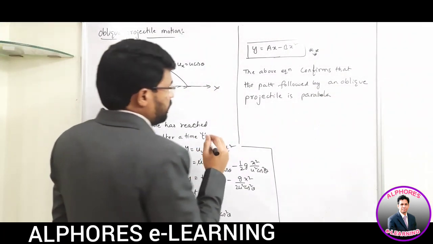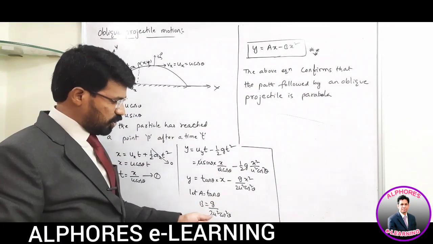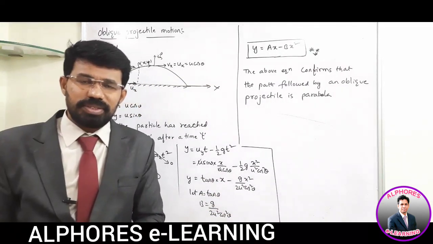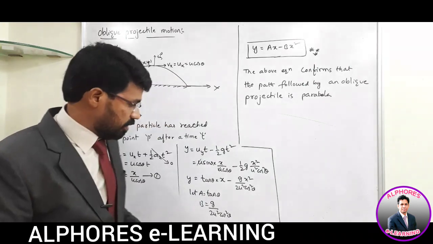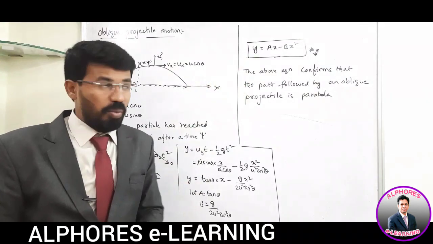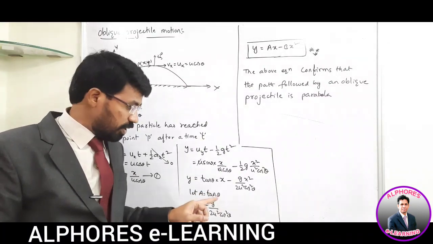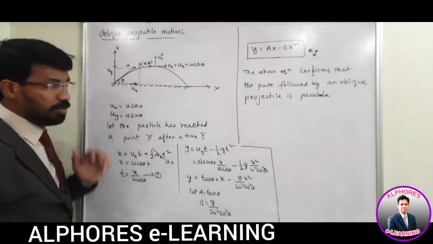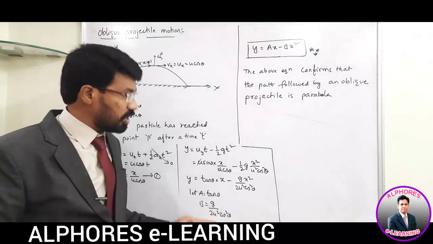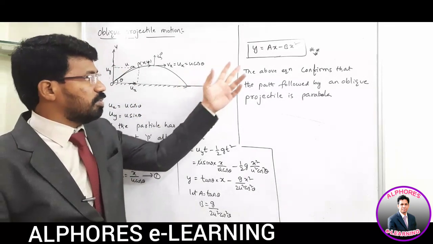Okay, what is this a here? You have to remember these things: a is equal to tan theta, b is equal to g by 2u square cos square theta. Remembering these values is really very, very important when we face certain problems. We really need this data. Sometimes the equation in the question will be given in this format. Whatever x coefficient is there, that represents tan theta. If you know tan theta, you can find theta, the angle at which the body is projected. If you know what b is, you can find the initial velocity. So there are advantages of remembering these details.